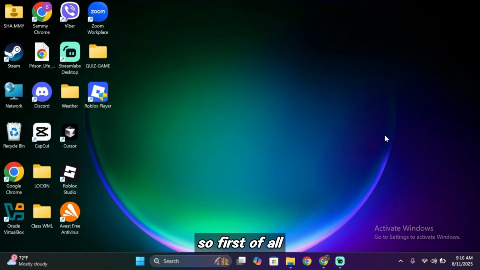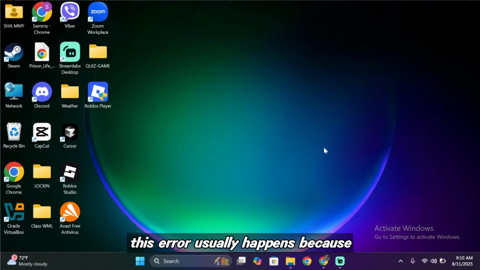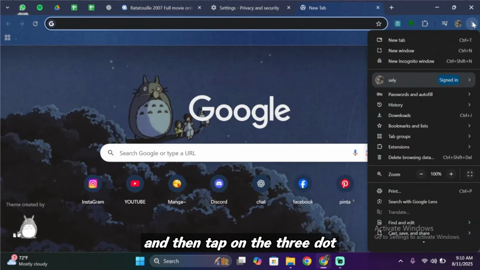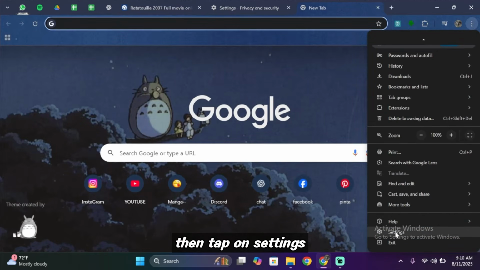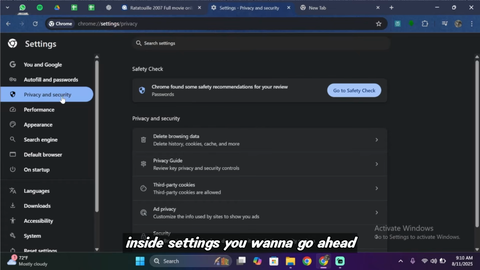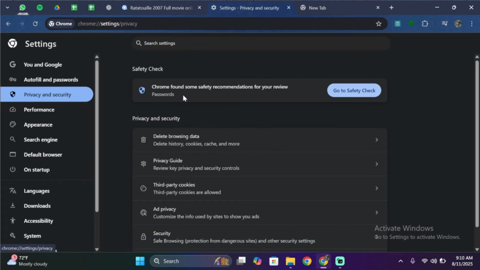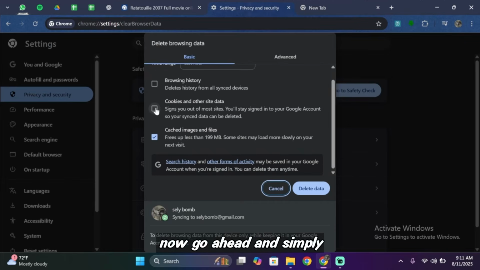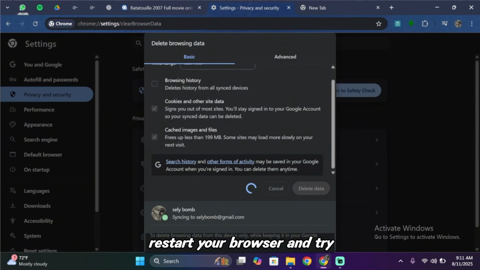So let's dive in. First of all, this error usually happens because Cursor AI tracks your browser data. So start by clearing your browser cookies and cache. For that, open up your Chrome browser and then tap on the three dots. Now go ahead and scroll below, then tap on settings. Inside settings, you want to tap on privacy and security. Inside here, tap on delete browsing data. Now simply select cookies and other site data, and cached images or files. Once you have done that, simply tap on delete data, and after that restart your browser and try logging into